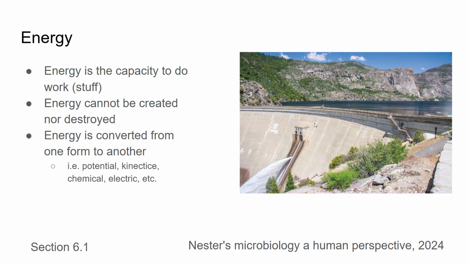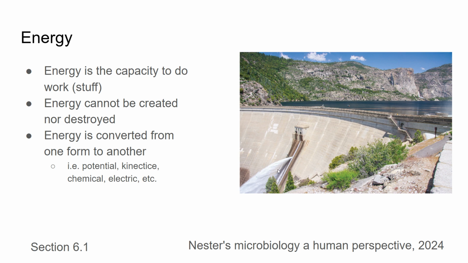This is a great example here with this hydroelectric dam. In this picture, we have four different energy types; really we can only see two of those, but we can infer two more. We have potential energy and kinetic energy. The potential energy is the ability for something to do something. In this case, that would be the water held up by this dam. Normally, the water wants to just flow downhill and seek the lowest place possible due to gravity. So that's potential energy. It gets converted into kinetic energy when they open up the turbines and allow the